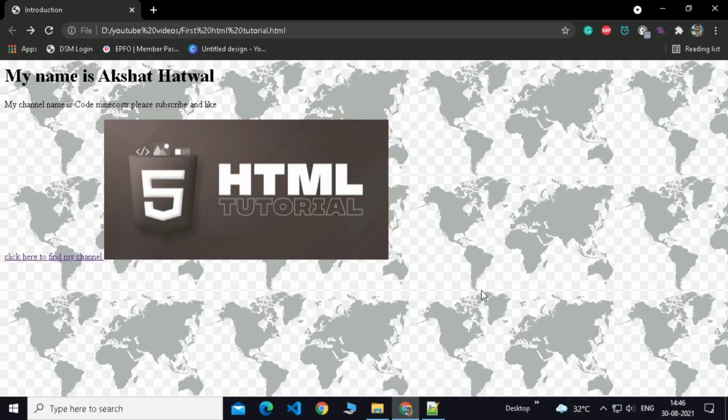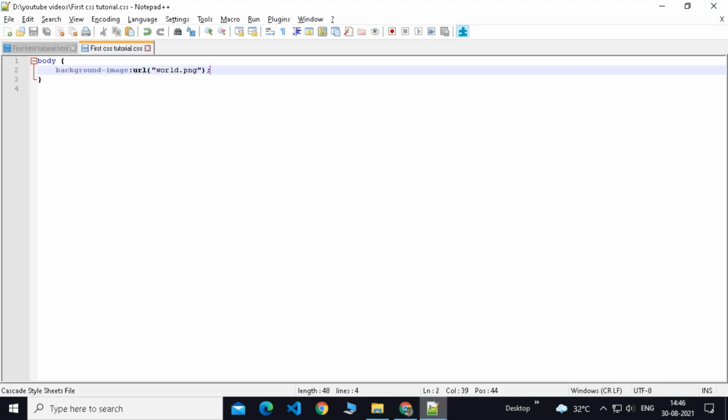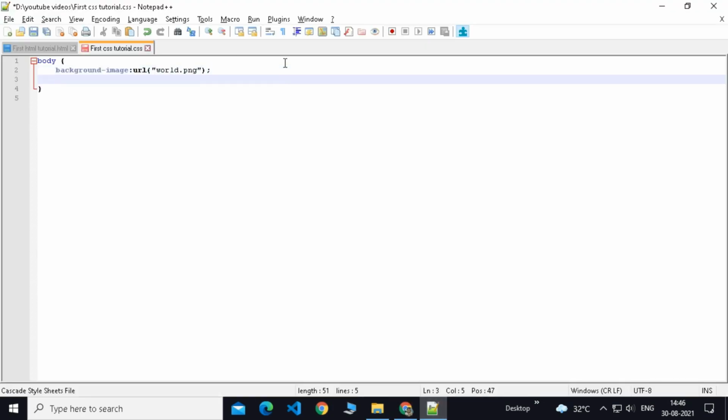But now the second problem which I am seeing is that my map is repeating. Like this is Asia, Africa, Australia, and North America, South America, and all those continents. It is here, then it is repeating here again, and it is repeating all over. So for solving that, you have to type in a command which is background. Every background command will start with background, then background-repeat colons. After that you can do repeat x.